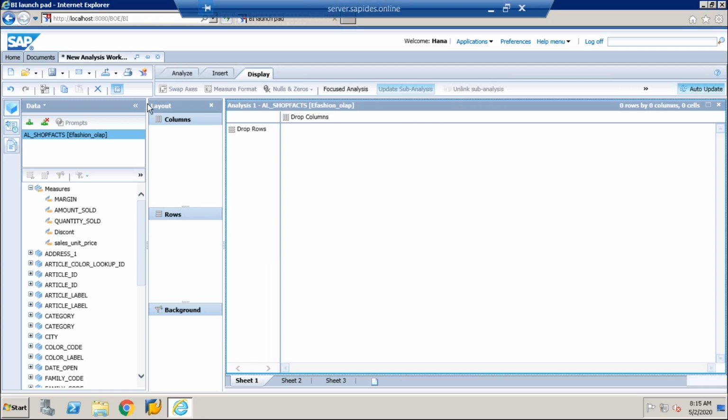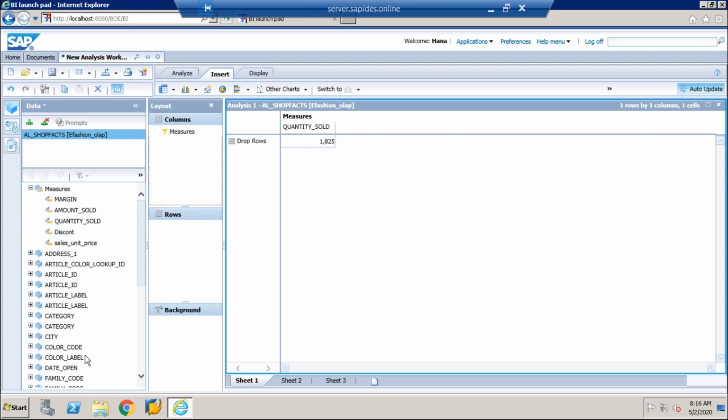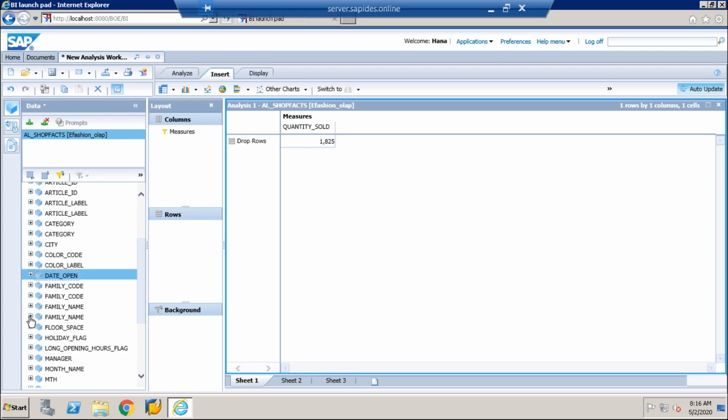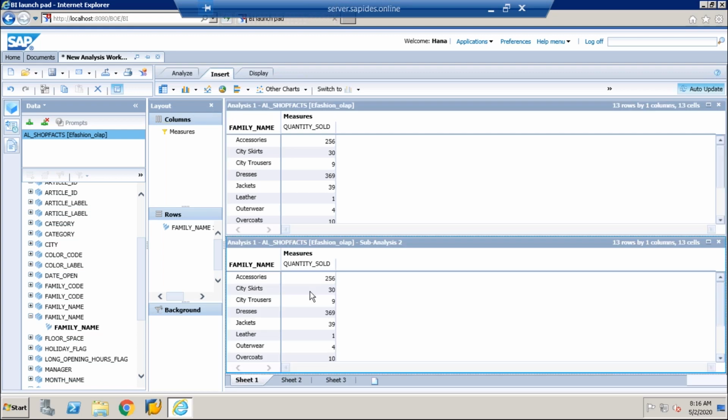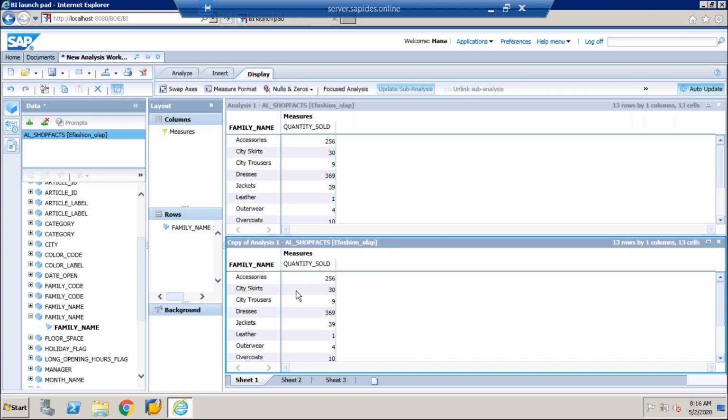Unlink the sub analysis. Once this link is there, if you want to unlink, because this is the main area to sub area, there should be some link. If you want to unlink that, you can just click on unlink. It will create unlink options. First of all, I'll take some sample data. Then we'll take a family name. So the record we're getting. If I do an insert of the sub area, here this is inserting. So the same value will also be captured. The same value will be consumed here. And if you see display, if I say unlink, so this link will be gone.